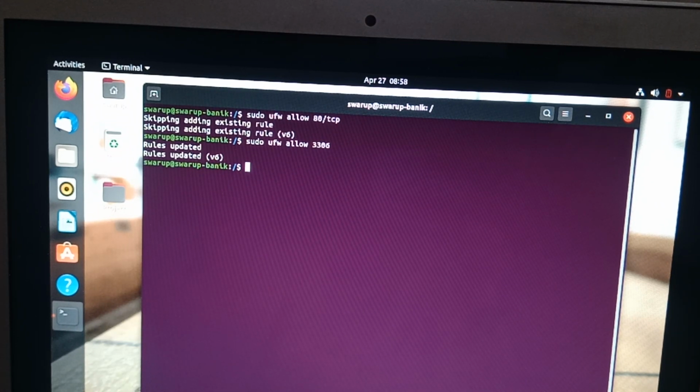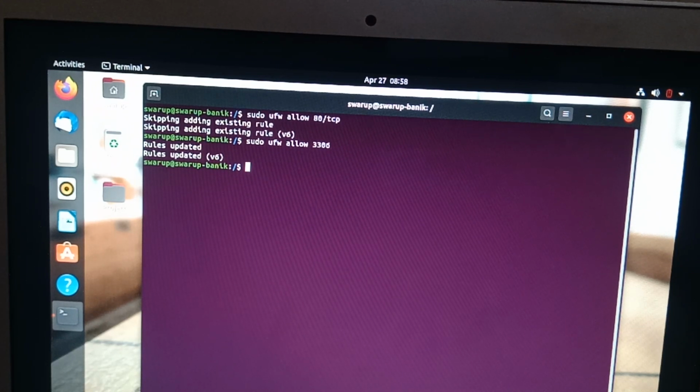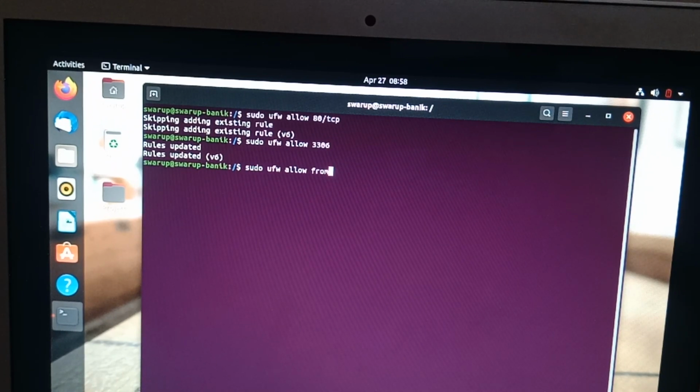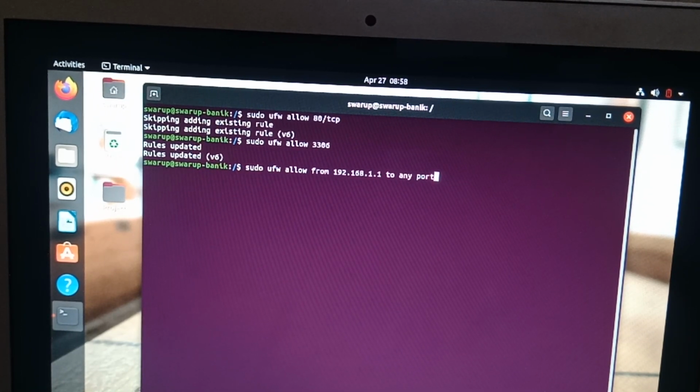We can also allow a particular IP address to a particular port, not to all ports, because ports are required for web servers. Here we use sudo ufw allow from a particular IP address, 192.168.1.1, to any port 3306.